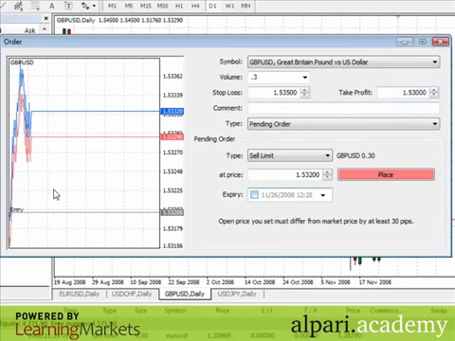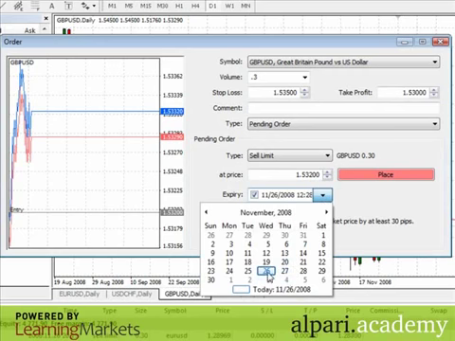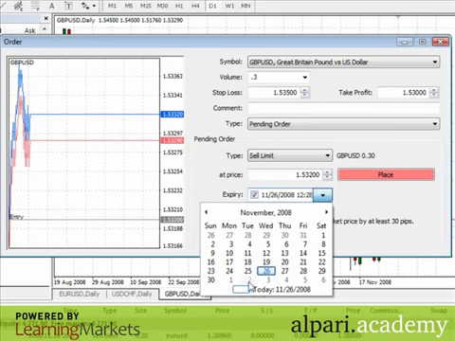Maybe the market never gets down here or doesn't get down here while I'm doing my trading. I can make sure that I have an expiration on this order. Typically, you don't want to leave your orders open-ended just in case you've gone away for the weekend or something like that, and you want to make sure that you're in control of your trading. I can adjust when I want this order to expire, if I want to give it a few days, depending on how wide my entry order is, or if I want to only give it a little bit of time,